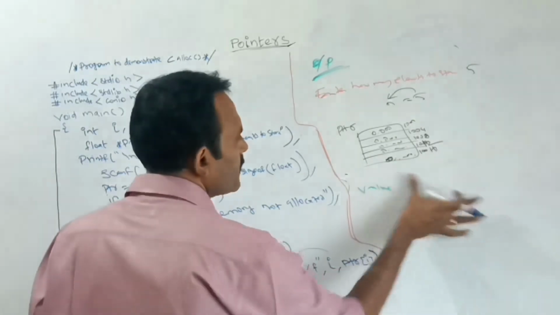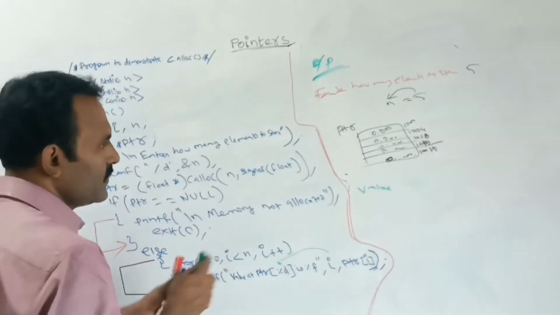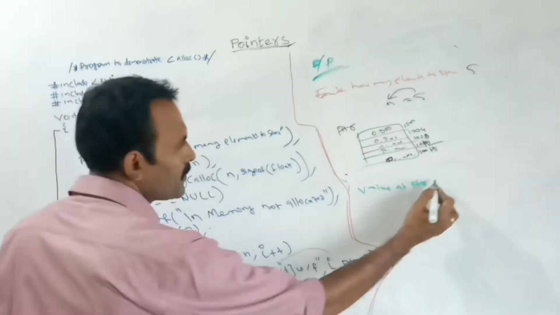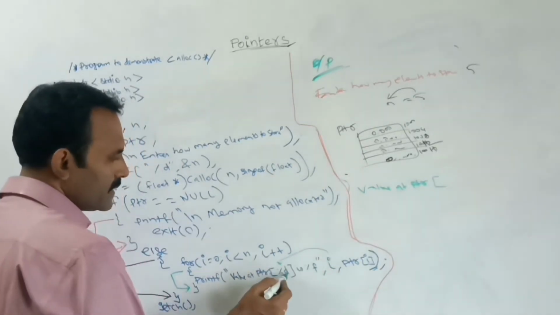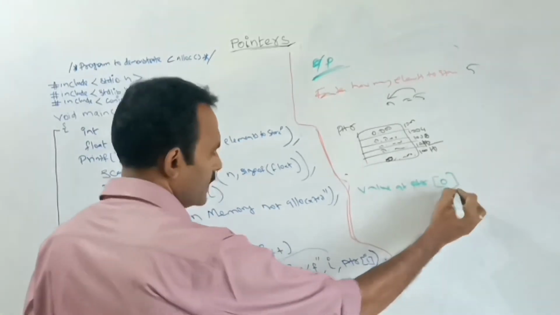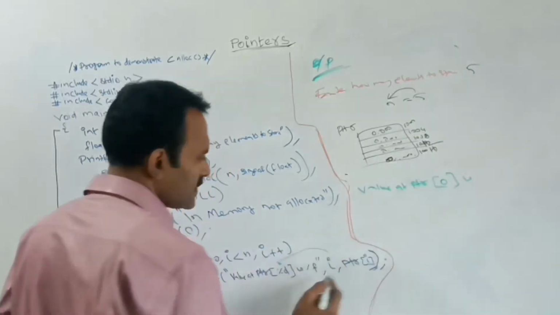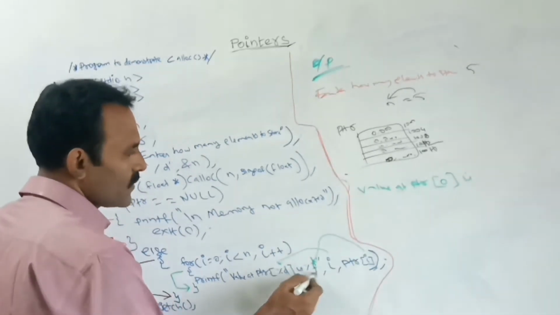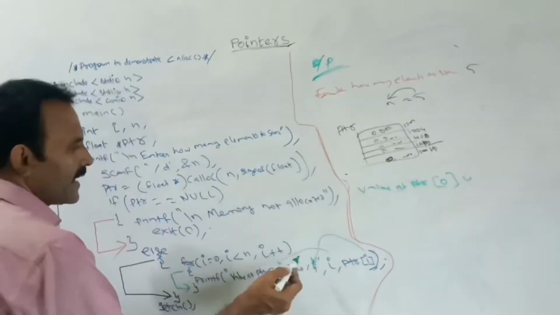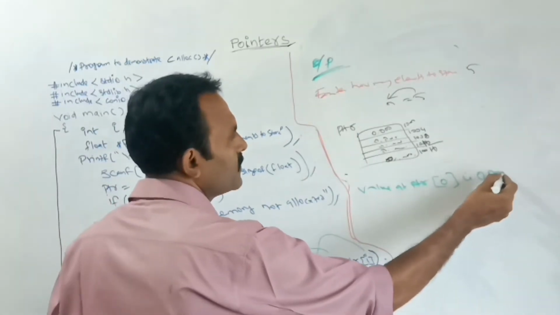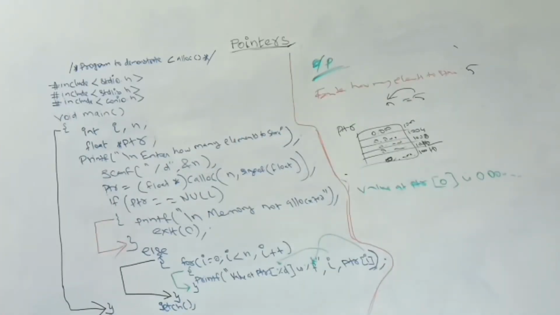So it will print like this: value at ptr, next open brace, here this %d specifies the ith value. What is the ith value? At the very first iteration the ith value is 0. Next, for this percentage position, that is the value inside this pointer variable location. The very first i value is 0, so at the base address, what is the value? 0.000 etc. In a similar way, i will be incremented n times,